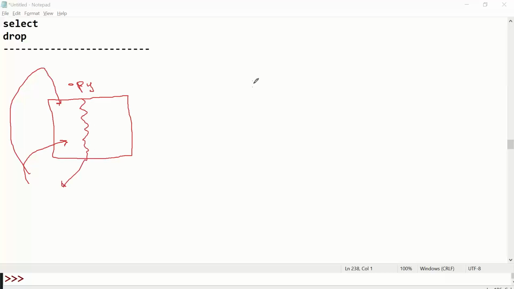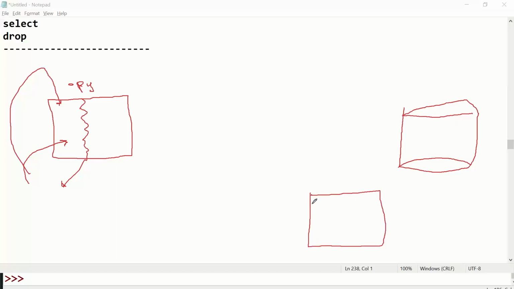Now the same question I will ask for the database side. Whenever you operate these commands from the SQL prompt, you write create table, and immediately the message table successfully created comes. Am I right or wrong?